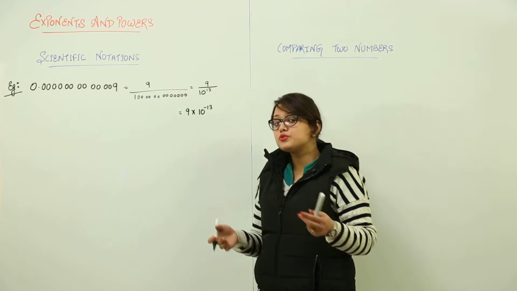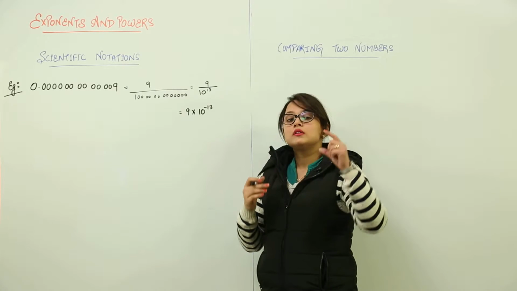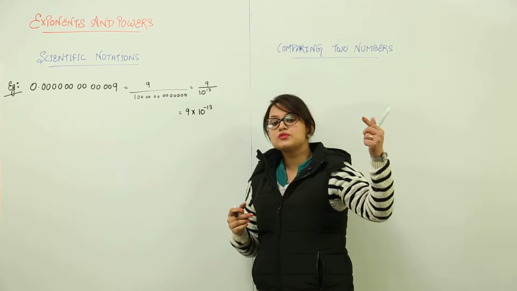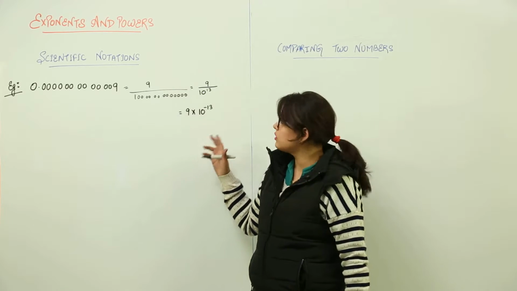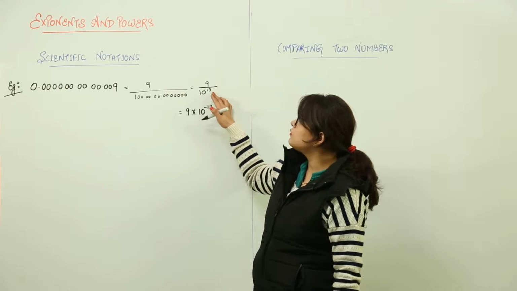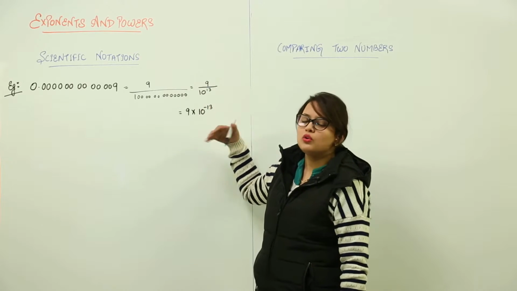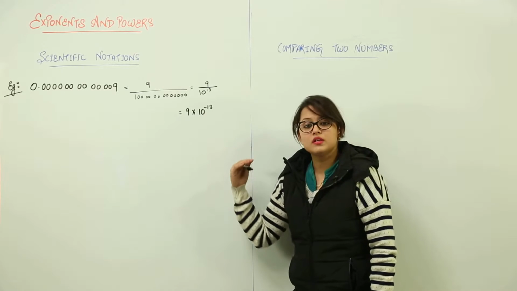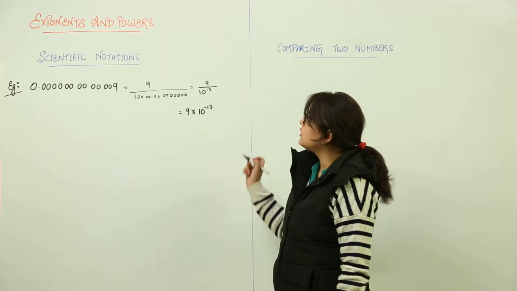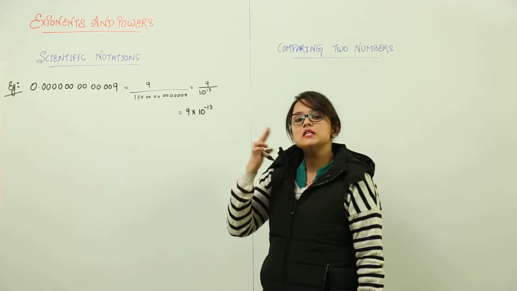The same that we used to do earlier, that was the reciprocal to be done when negative was to be converted into positive power. Now over here we will be doing the reverse of that. That is, we have to convert the positive power into negative. No matter if it is in the numerator, you get it into the denominator. If it is in the denominator, you take it to the numerator. Your powers will get their signs reversed.